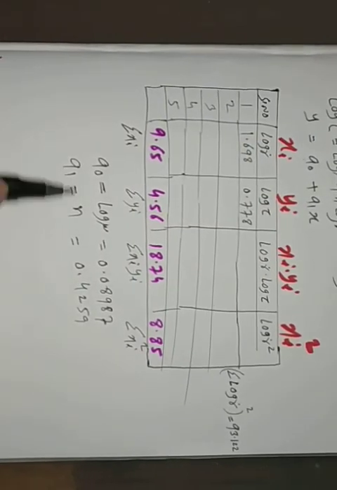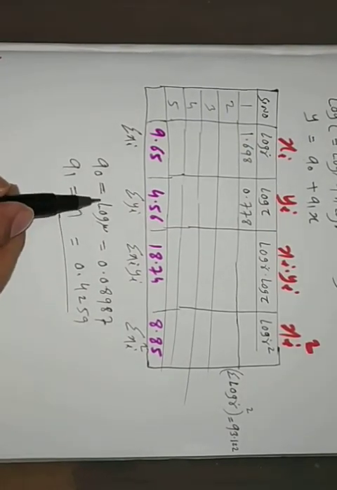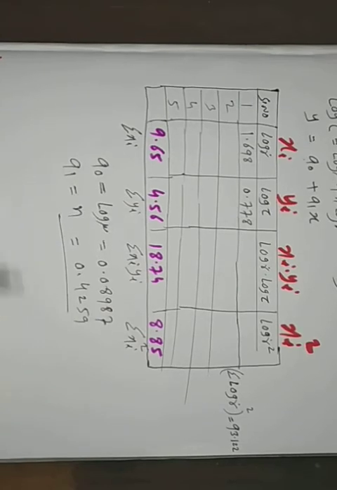So we have got this n directly, and for the value of mu we need to take antilog,